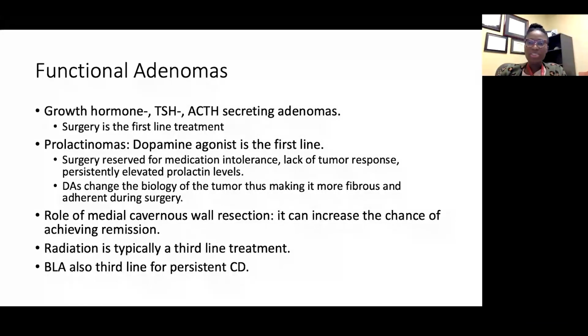The levels always drop faster than the imaging response. So now his most recent prolactin level, as of a couple months ago, was 17. His tumor is now starting to show evidence of shrinkage, and he's tolerating the medication. In some patients, the tumor may respond great and the prolactin levels come down, but they're just suffering from the medication. They're having severe headache, they're dizzy, right? And you can't in good conscience leave those kinds of patients on medication for life. So if surgery has any chance of providing them a cure,